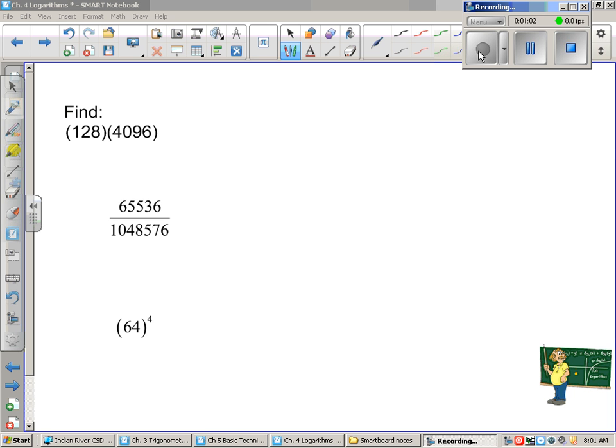So all right, with that in mind, looking at this first question, 128 times 4,096, obviously we could, off to the side of our paper, multiply it, or we could use our calculator, but since that's not an option for this class, we want to approach this using exponents. So hopefully you have your two chart relatively close by, and I want you to look and see what 128 is. Looking at that chart, that's 2 to the 7th. 4,096 is 2 to the